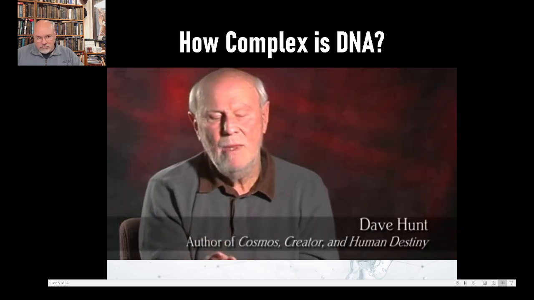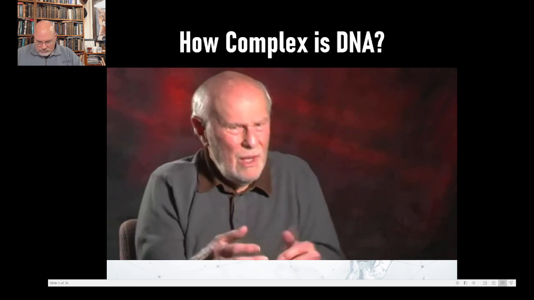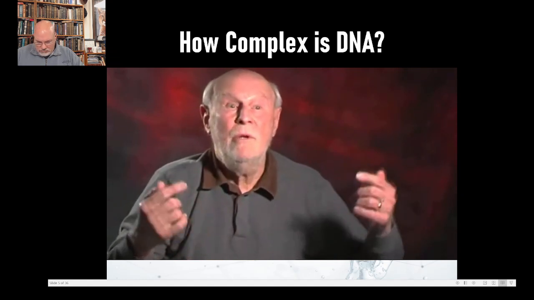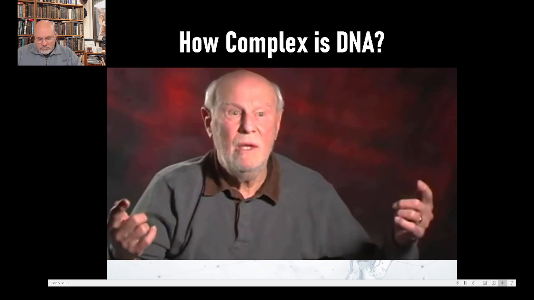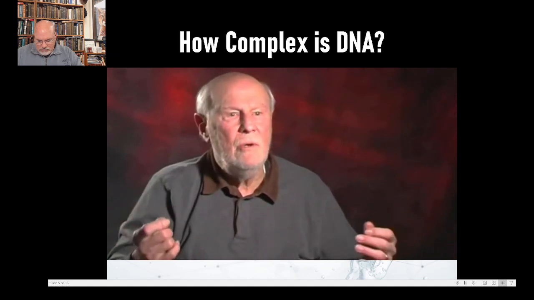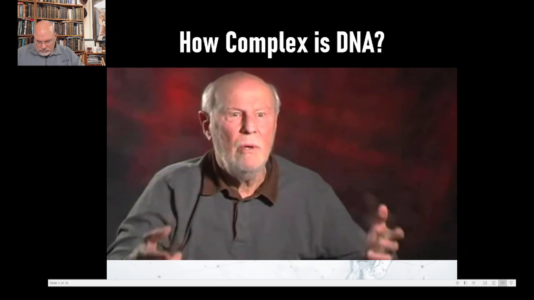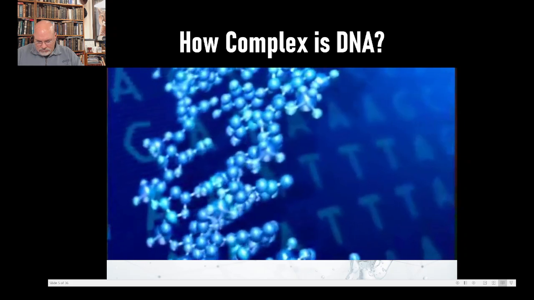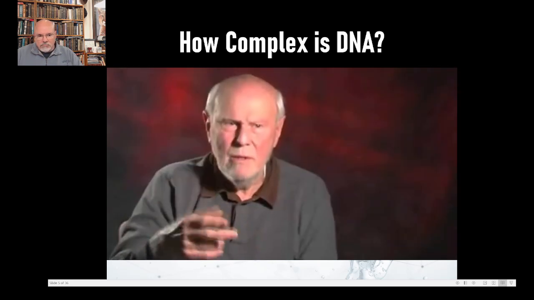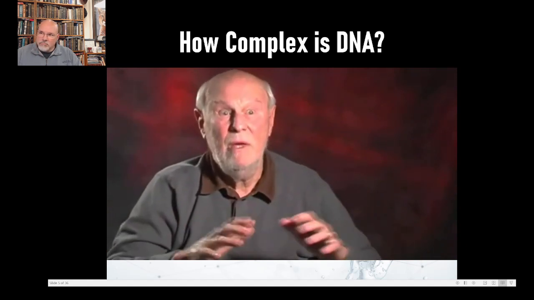We all begin as a single cell the size of a period at the end of a sentence. How does that cell know how to build a body with 100 trillion cells in it, thousands of different kinds, and each one of them is so complex, nanochemical machinery beyond our comprehension how it works, and encoded is the instruction manual. It's the manufacturer's manual how to build and operate every part of this incredible body made up of 100 trillion cells.